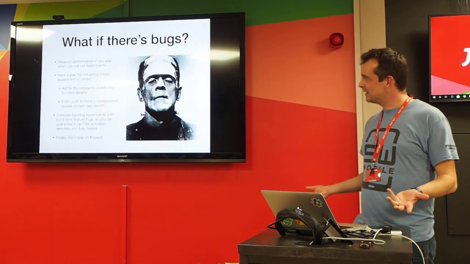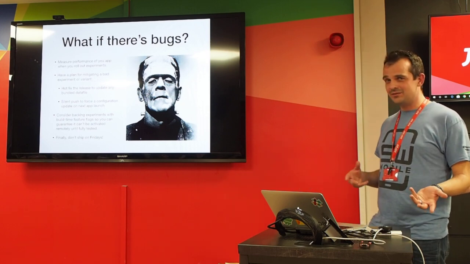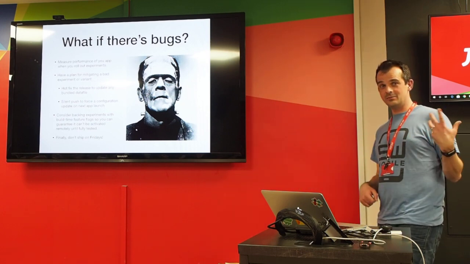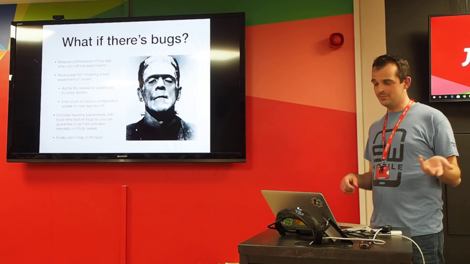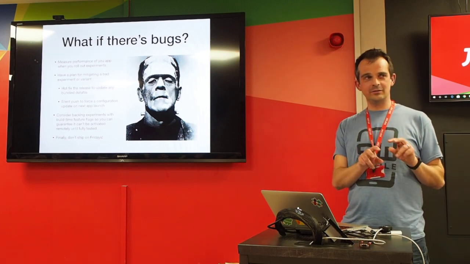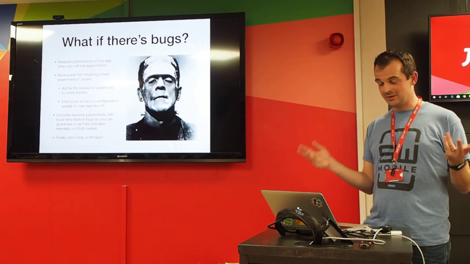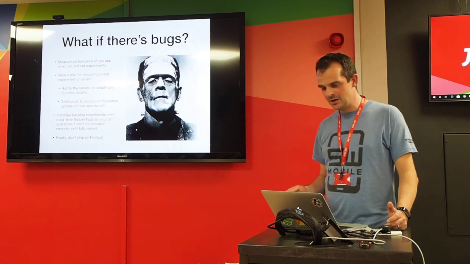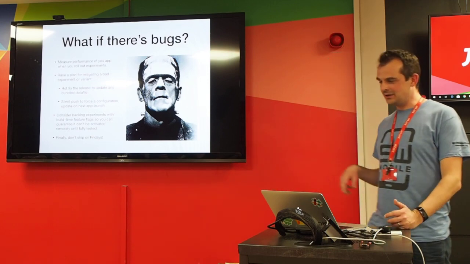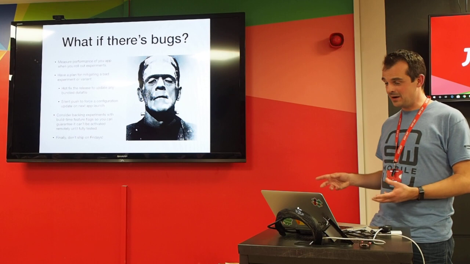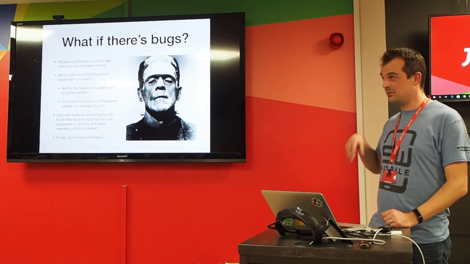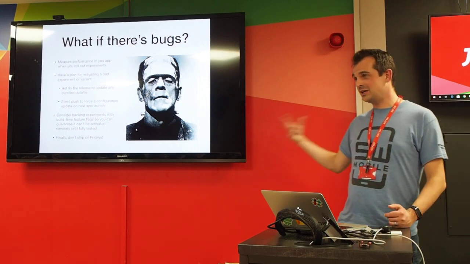But what if there are bugs? You've got to mitigate for what could happen in that scenario. You've got a remotely controllable app, which somebody could go in and tweak the config of, and break an experiment, even mid-experiment. So make sure you measure the performance of your app when you roll out experiments. Keep an eye on your console, whether it's Optimizely, but also your crash rates,